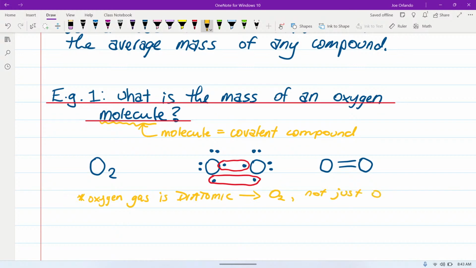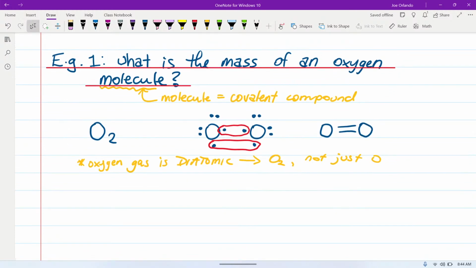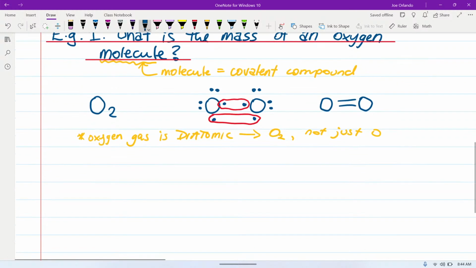Okay, well, this one's pretty trivial then. How much does this molecule weigh? Well, how much does an oxygen atom weigh? 16. Yeah, this says 15.9994. So to one decimal place, it would just be 16.0. Does that make sense? I'm going to use this number, actually, because we'll use 2 decimal places, which would actually be 16.0. So each oxygen atom,